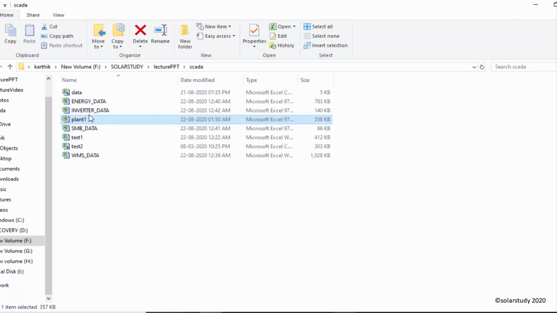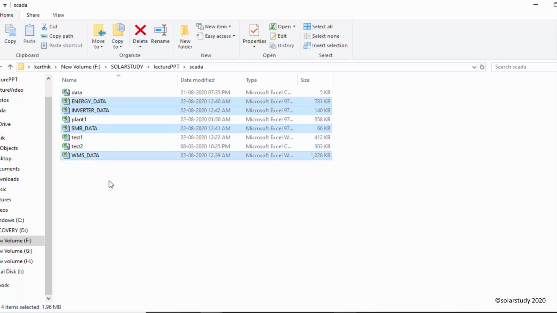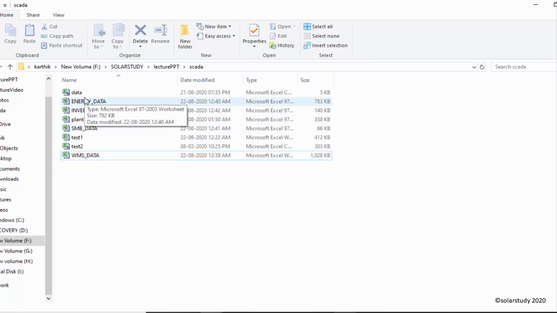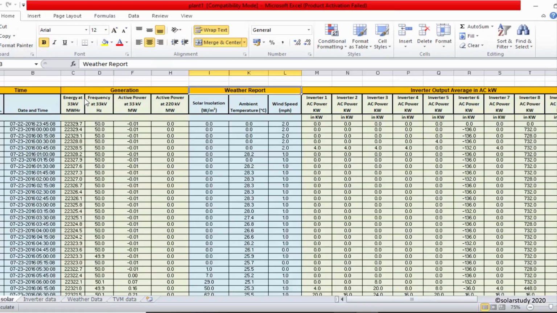So plant 1 is over. Now we will see plant 2. This is energy data, inverter data, SMB data and WMS data. These four contain the SCADA data of plant 2. First I will open the energy data.